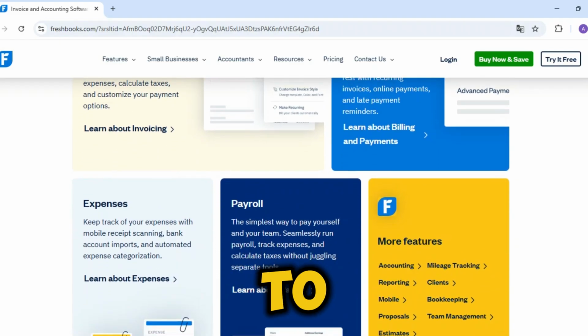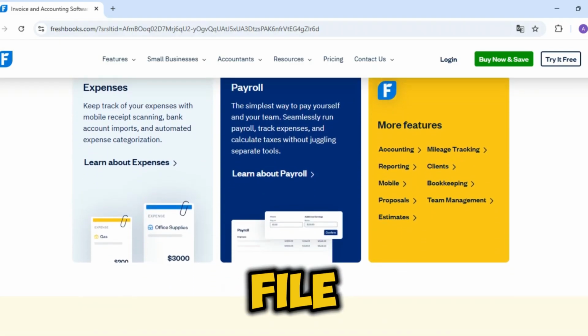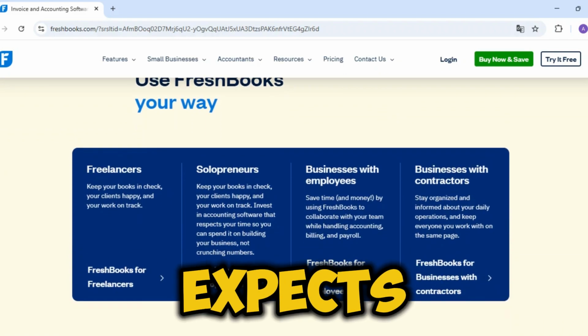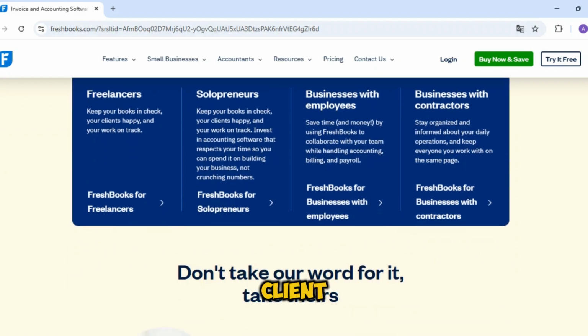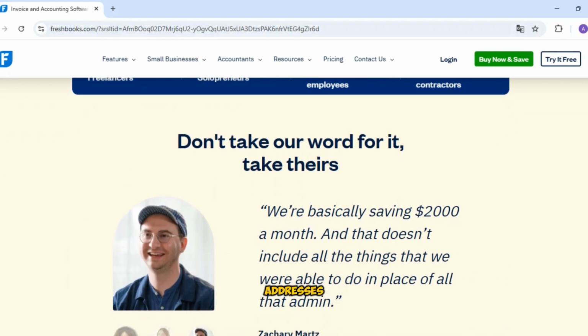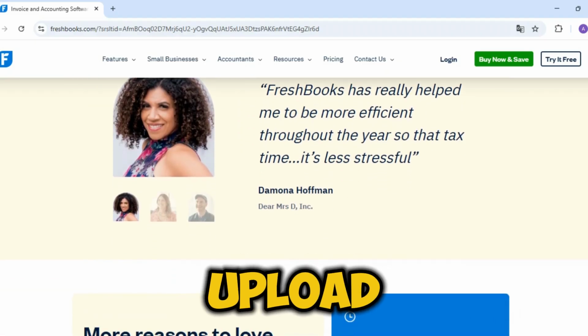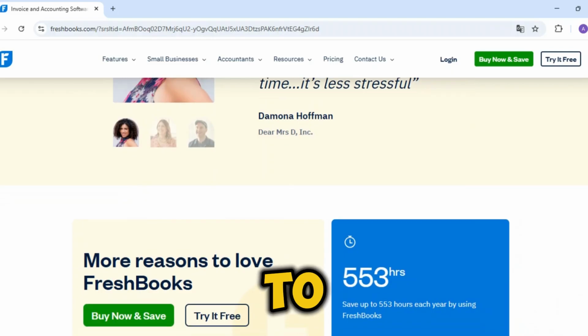You'll likely be prompted to download a template CSV file. Use this. It shows you the exact column headings FreshBooks expects. Fill in the template with your client data, names, emails, addresses, and save it. Then, go back to the Import tool, upload your file, and map the columns to ensure the data goes to